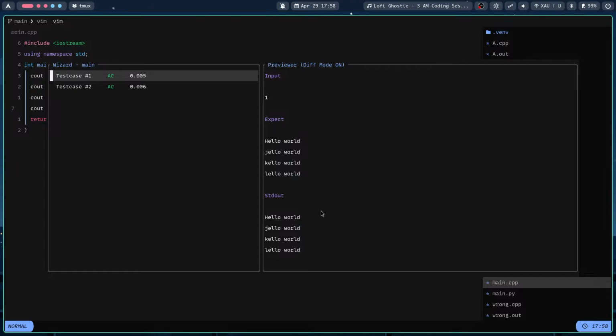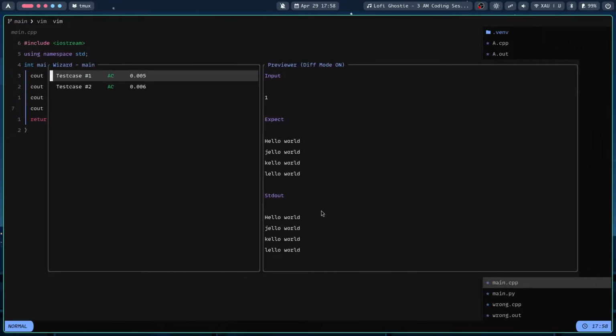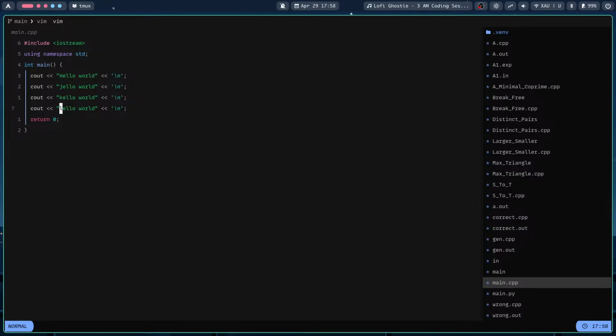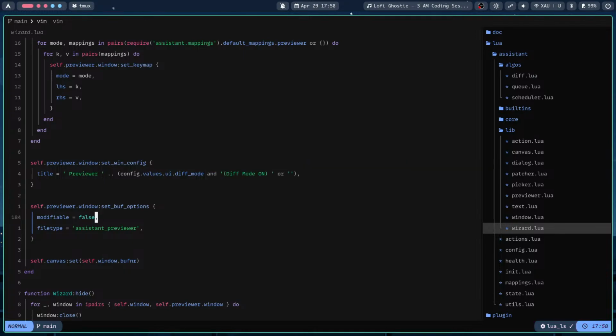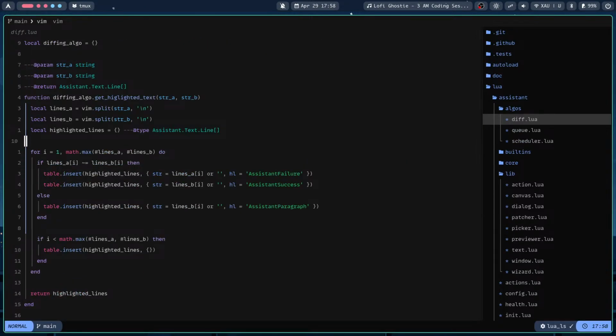Alright, so we finished the diff mode feature. Hey guys, welcome to the stream. I just finished this feature of diffing algorithm. It's not that rocket science. I just compare the line by line input and output, and we return the highlighted lines and print them in